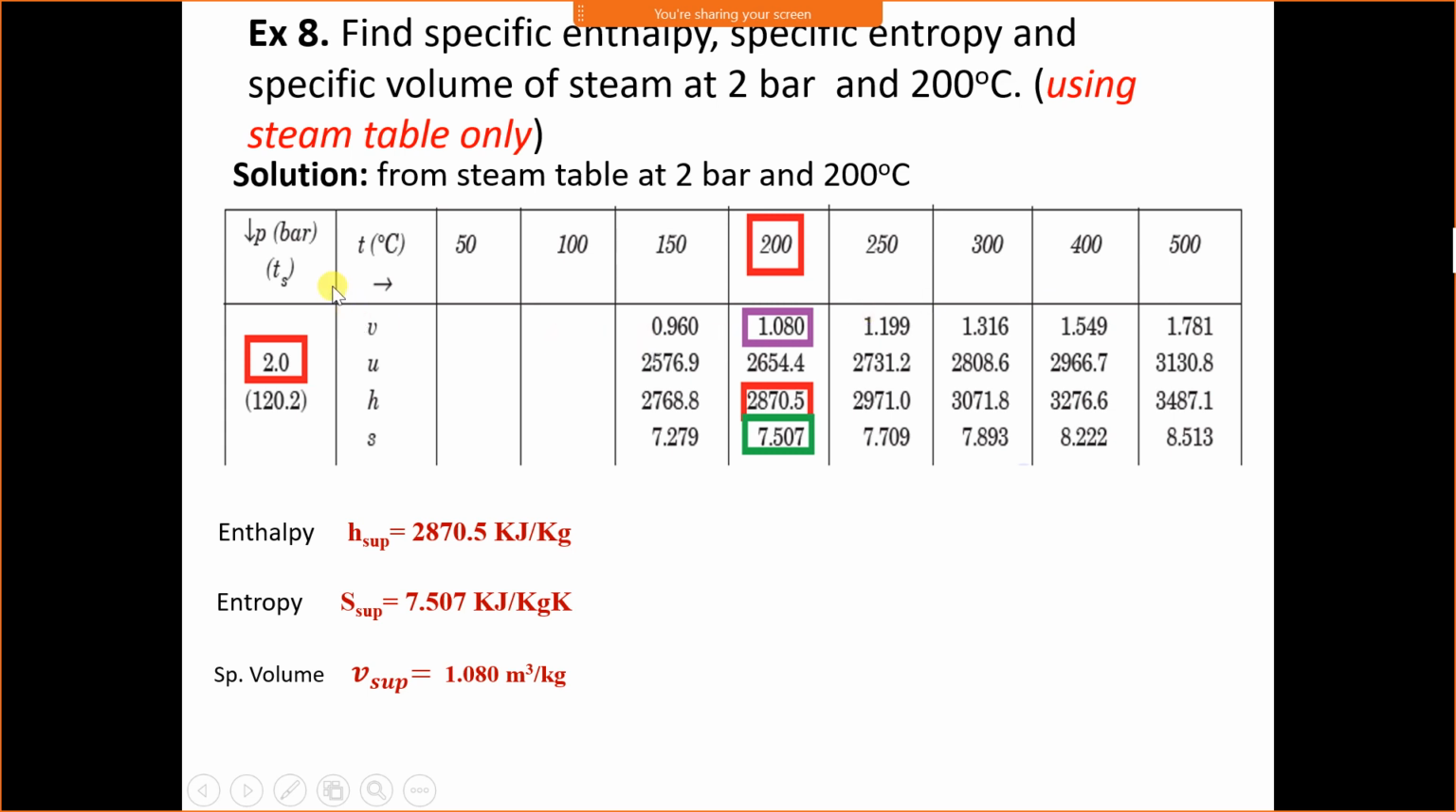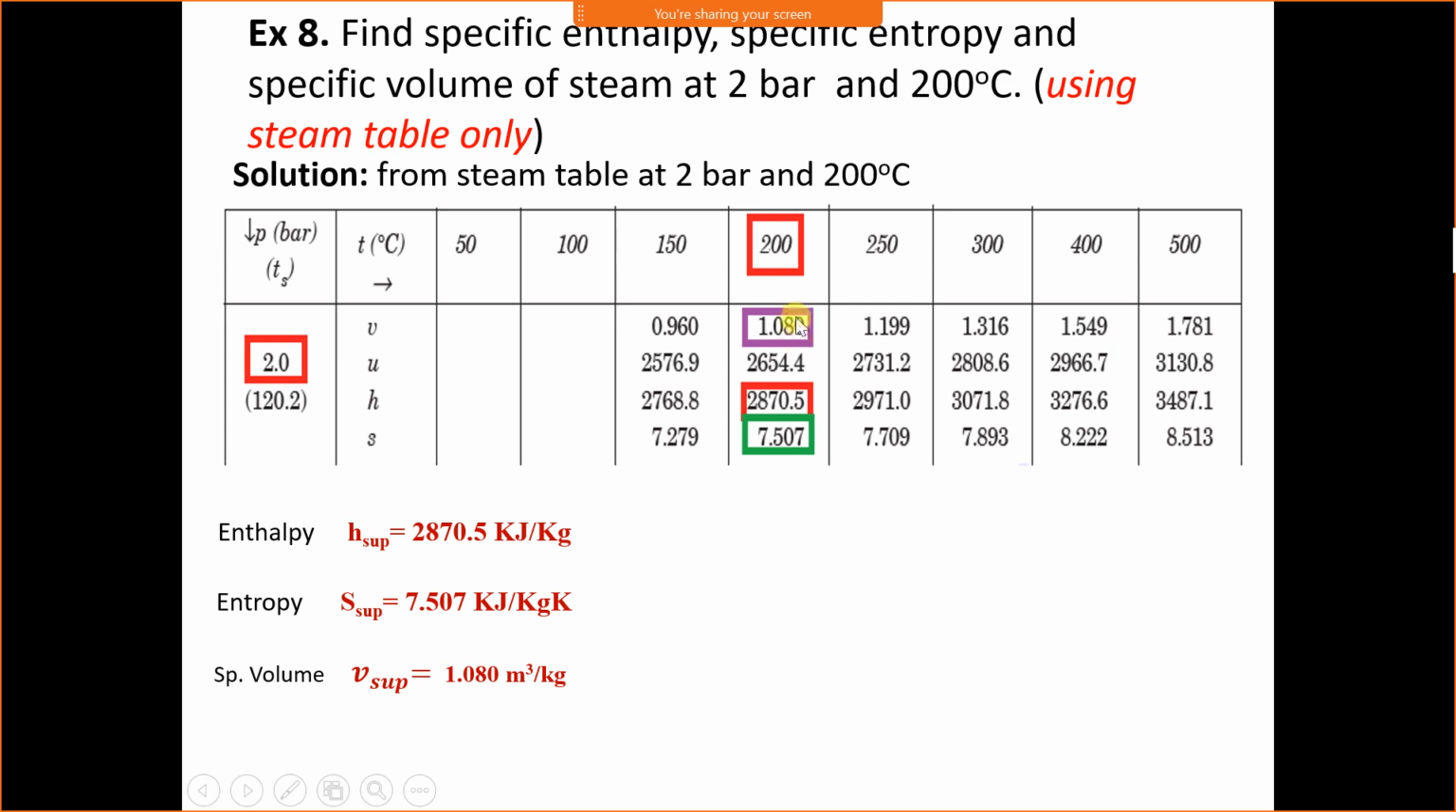In table number 3, the first column has pressure, and below the pressure the saturation temperatures are available. At 2 bar, the saturation temperature is 120.2 degrees Celsius. The given temperature is more than 120.2 degrees Celsius, therefore this is superheated steam. Therefore at 2 bar, we have to look at the corresponding temperature. Here the corresponding temperature 200 is given, and at 2 bar and 200 degrees Celsius, the specific volume is